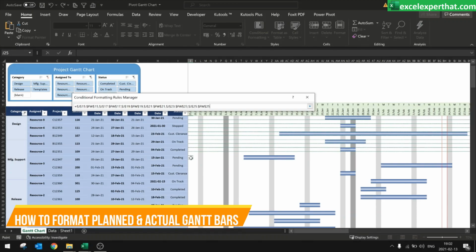What it will do, it will just apply the rules to the same rows and it will not affect the other rows,